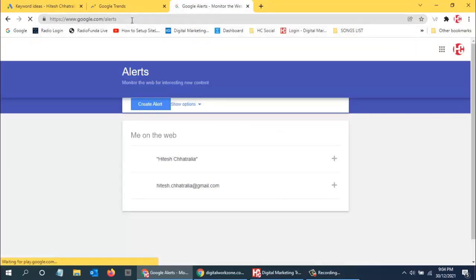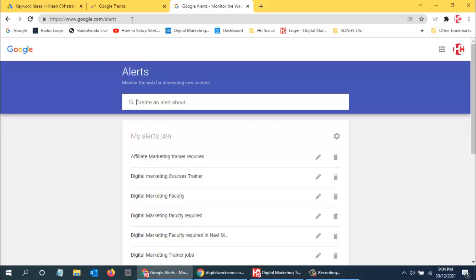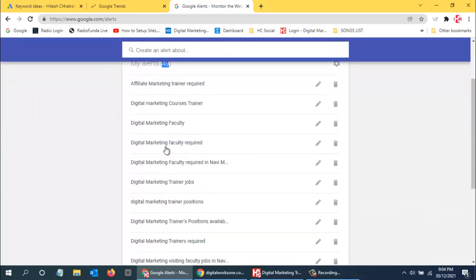So this is topic change detection anywhere in the world, and it will send you the information. So wherever the keyword that you want to search, you have set an alert for, if that keyword is used anywhere on any particular day, on any website or video or news or anywhere, you will get an email from Google. So over here I have set an alert for the keyword where people require a digital marketing trainer. So I am using it for my profit.